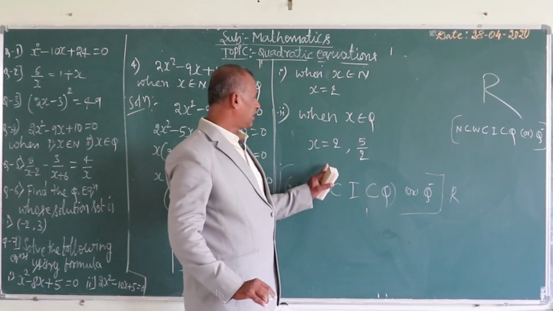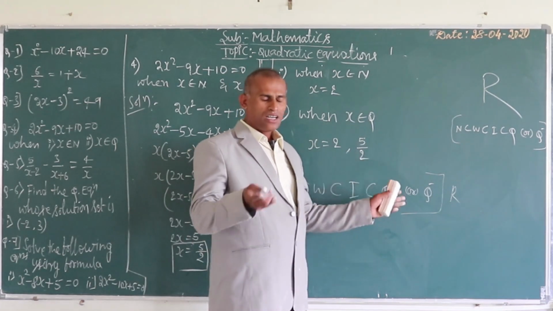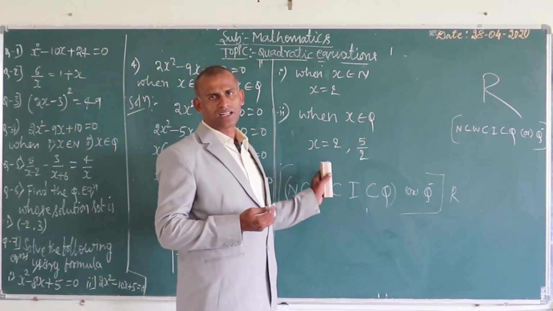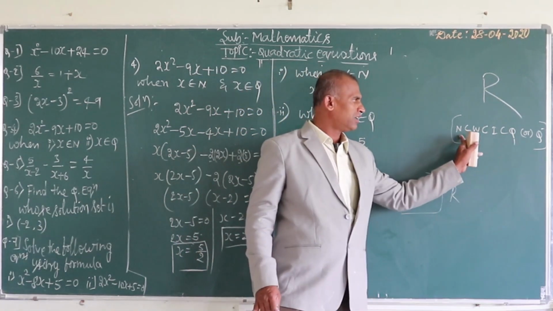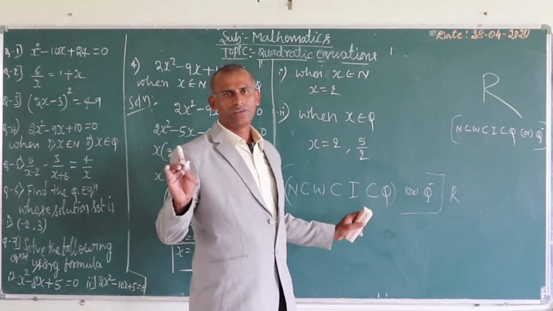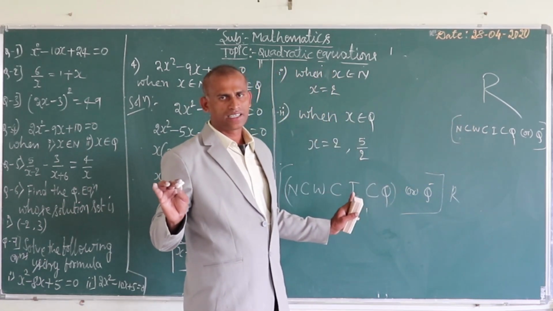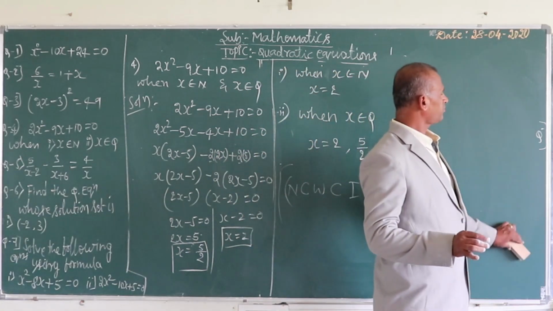It means according to this, if this is a rational number, then obviously it is a natural number also. Rational number is the father of this. All the three sets belong to the rational number group. That you have to understand first very clearly. Got it now? Now we can go for